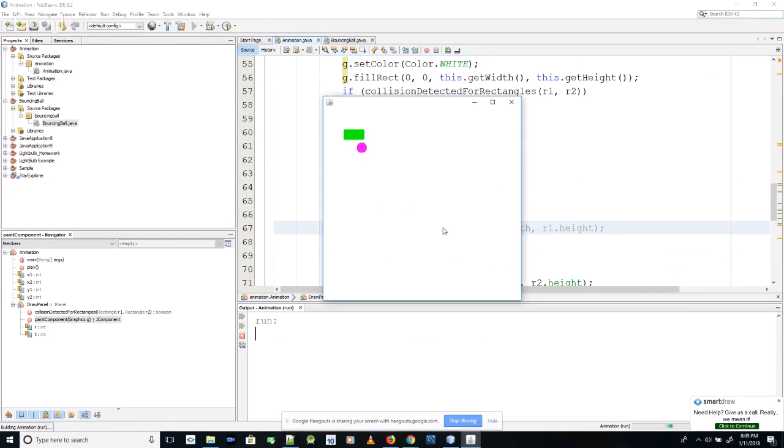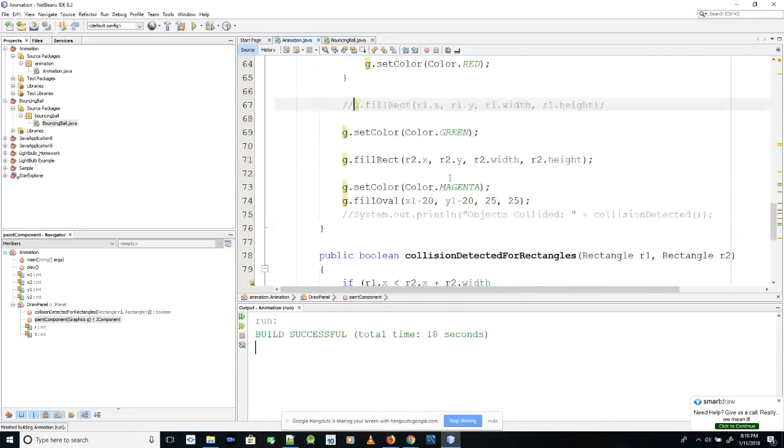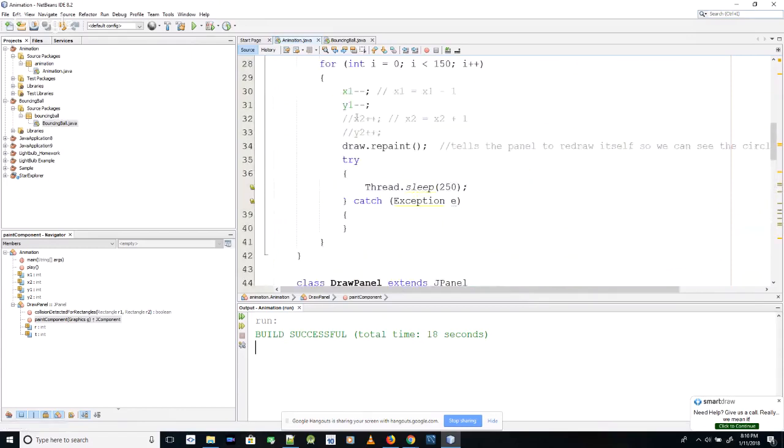It's still moving in the background, being dry thing, but it's not. Wait, and why isn't the green rectangle moving? Because we got rid of the... Oh, it didn't do a collision because it's not drawing it. Okay. Why is the green not moving? The green's not moving because we commented these two lines out,